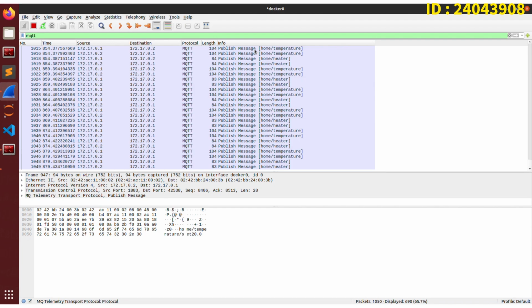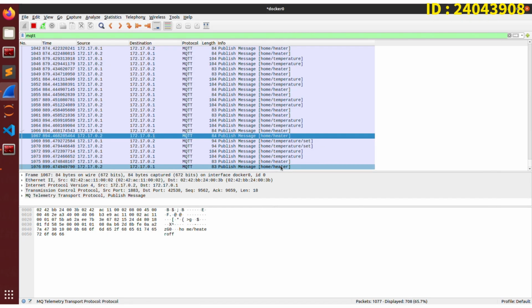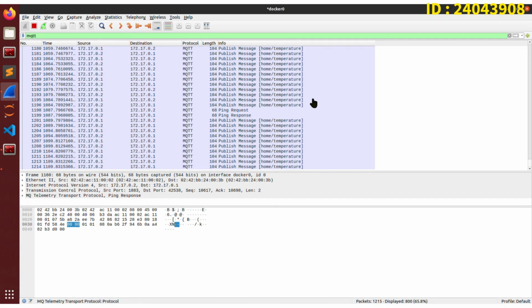And the answer for the mini challenge, which is what is the topic that is used to publish the message when we alter the temperature here in the application? That is home/temperature/set. And after we leave the application running for a few minutes, we can see another two types of MQTT